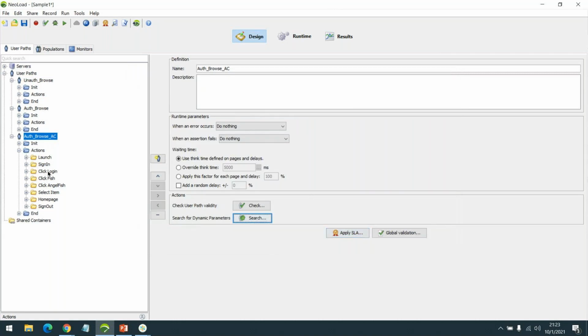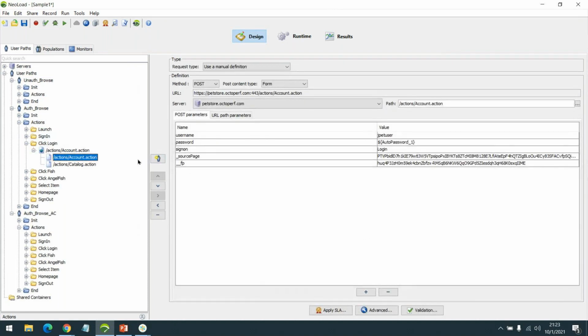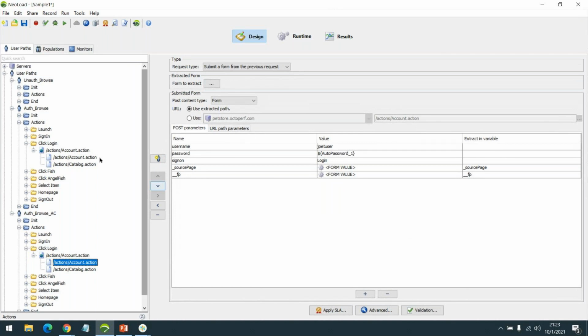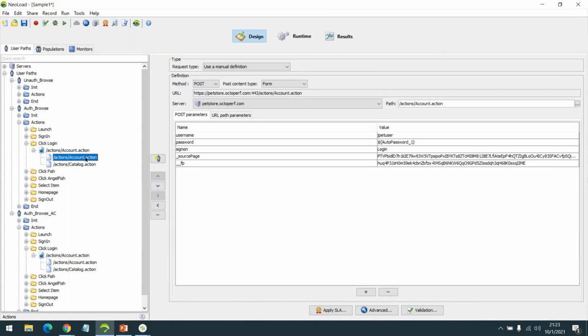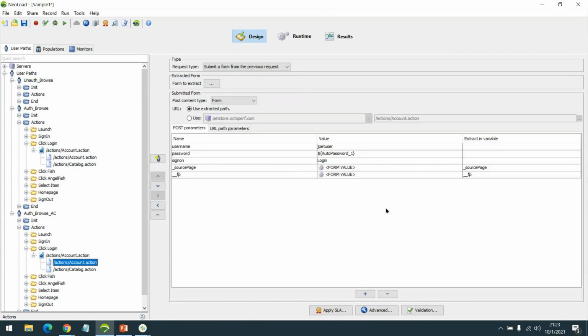Now let me open this. Under login we saw this, and under accounts we saw this, right? Source page and then fp, we saw it. If we go here, you see something has happened here, right?